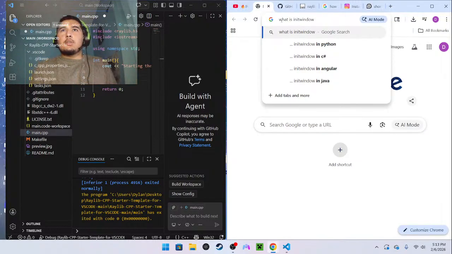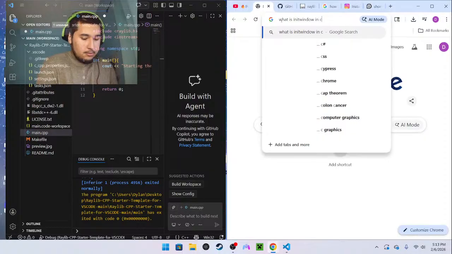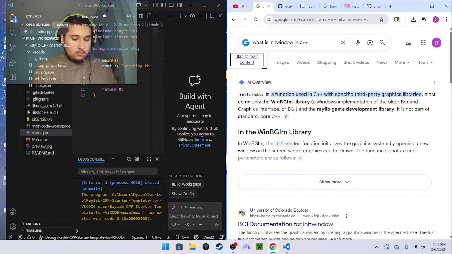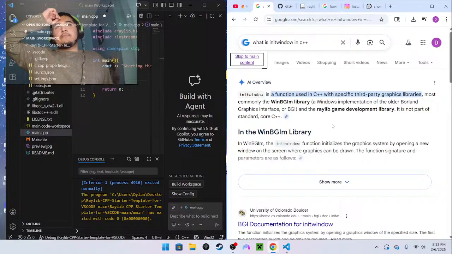What is InitWindow in C++? Okay. InitWindow is a function used in C++ with specific third-party graphics libraries. Most commonly, the WinBGIm library, or maybe that's referring to Raylib. I don't really know what either of them are.